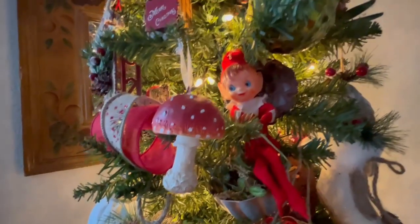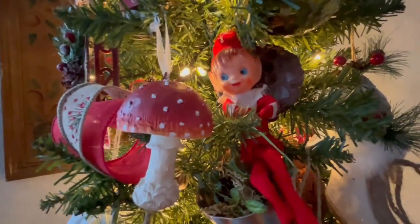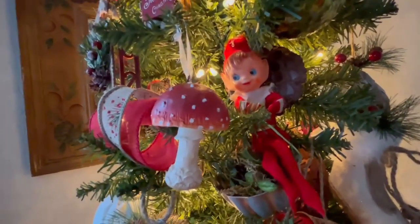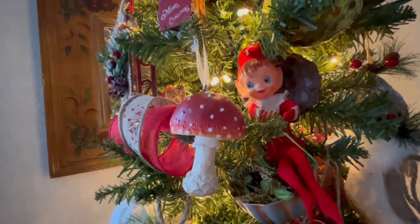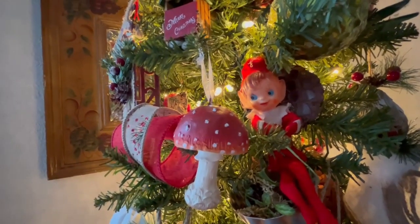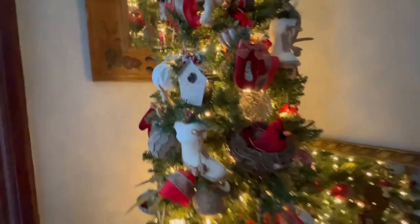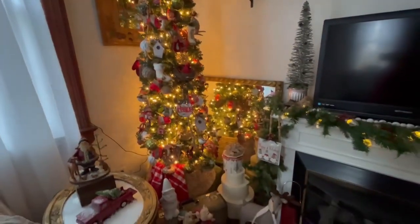Another one of the few things I have. So this must be a great descendant of the elf on the shelf, because I've had this little guy forever. And he doesn't move because he's super old. He just stays put, right? He's done. Okay, so there is that tree, and